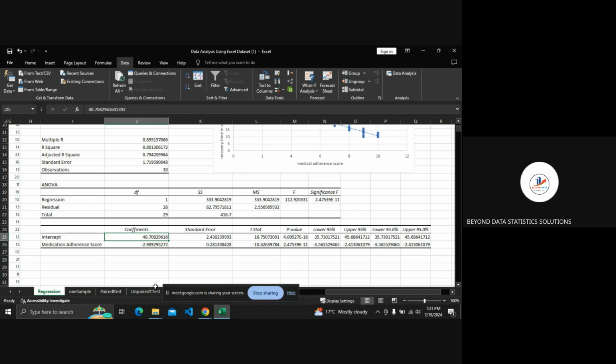This is just because of the data that we have here. It's not personal to anyone, it's just because of the data that we are using to analyze. So don't take it personal if you are not adhering to any drugs that you're taking. You're just saying that when your medical adherence score is 0, you are likely to take 40 days to recover. Then now we go to the medical adherence coefficient, which is negative